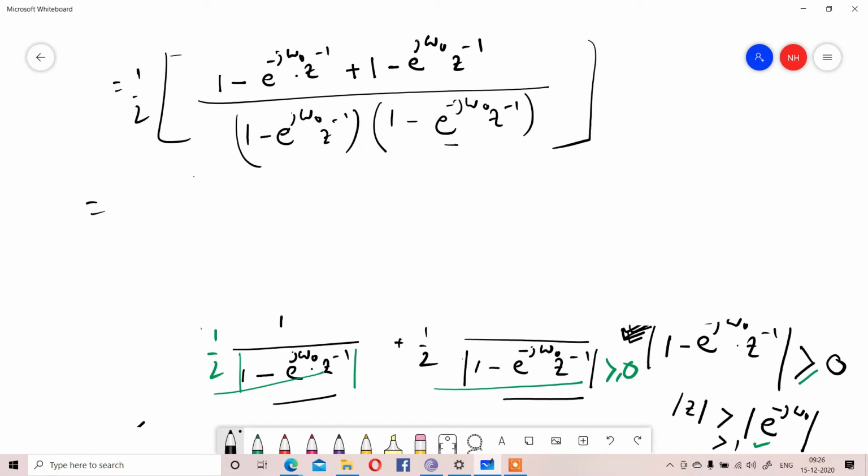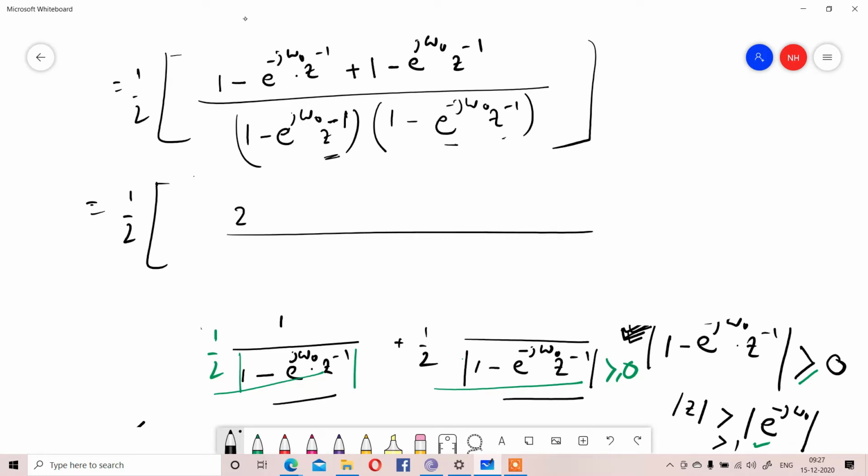Now you can remove all the inverse values for your solution. To remove all the inverse values, just multiply both sides by z square. You can check it because the maximum power of the inverse is square. If you multiply this z and this z, it will be square. So multiply both the upper and lower part, numerator and denominator, by z square.